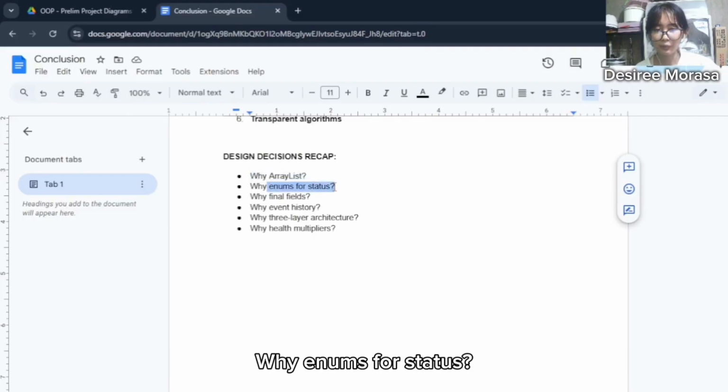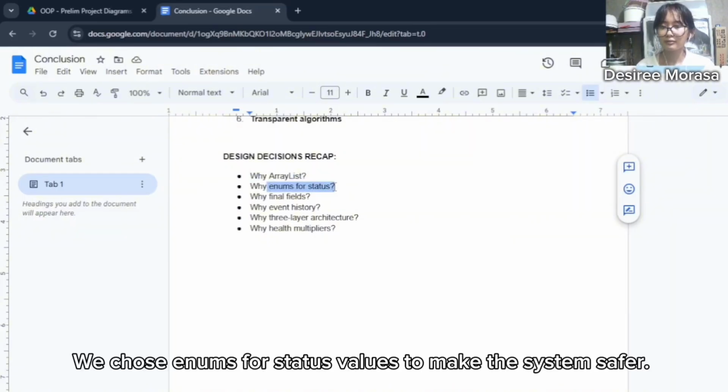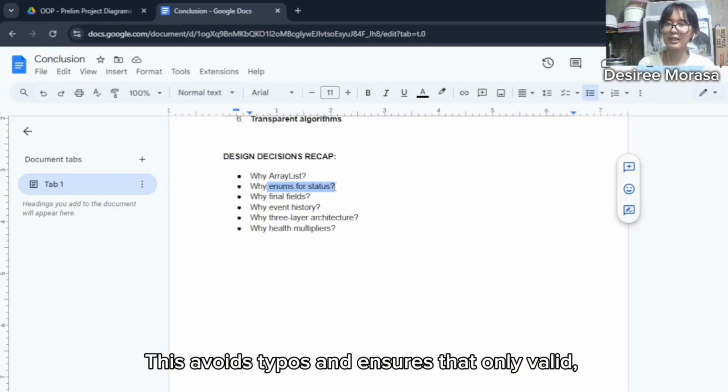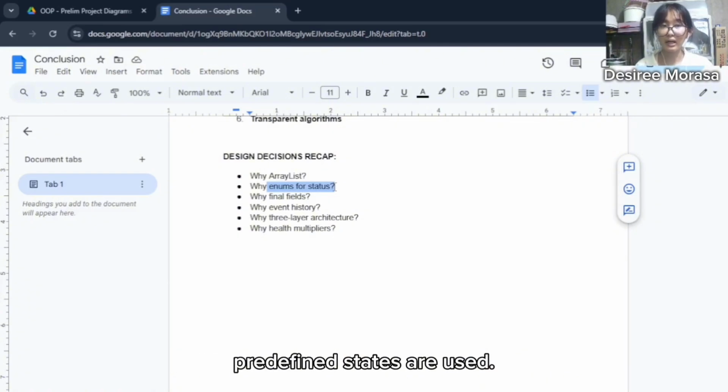Next, why enums for status? We chose enums for status values to make the system safer. And this avoids typos and ensures that only the valid options or predefined states are used.